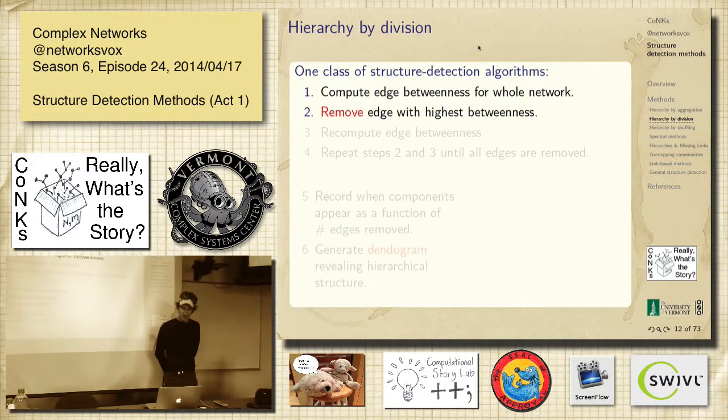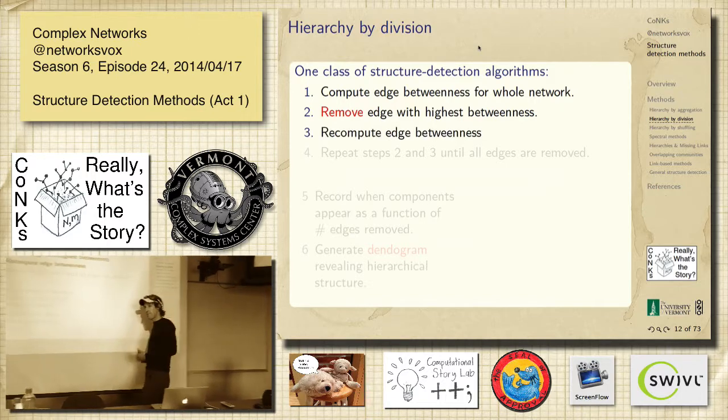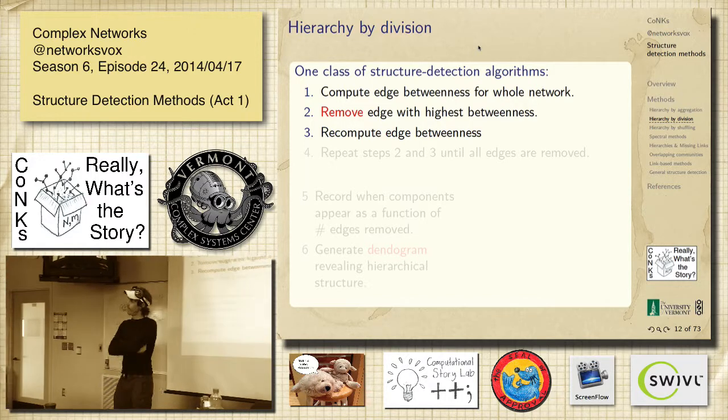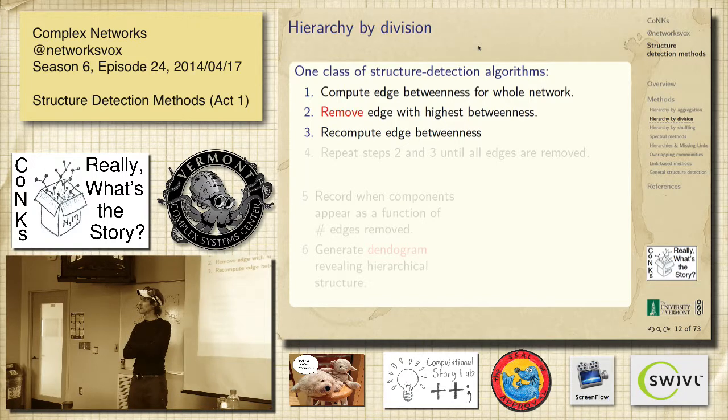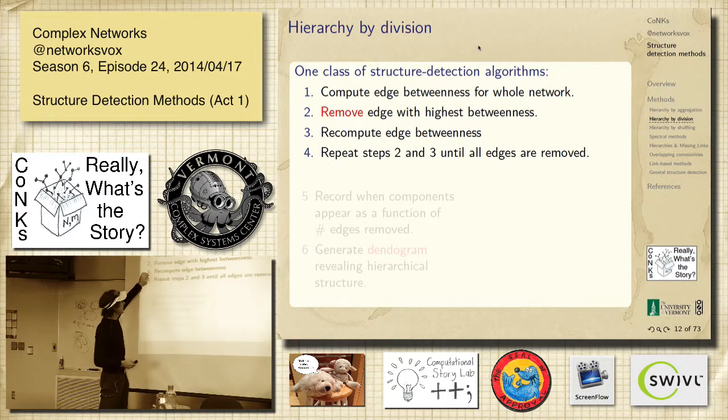Yeah, it's edge-based. I was talking about nodes, but it's edges. So you find the edge betweenness for the whole thing, which we figured out how to do the other day. It's not too bad, but it takes some work. So we're going to take away the edge with the highest betweenness, and then you have to do everything again. It's funny, you might think that you might be able to just incrementally do it, but I'm guessing you kind of have to redo everything. And then you just keep going until all edges are removed.